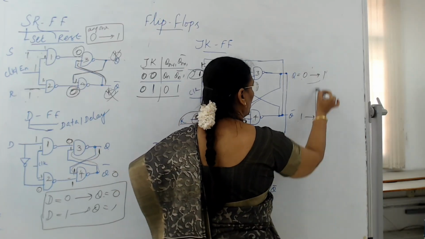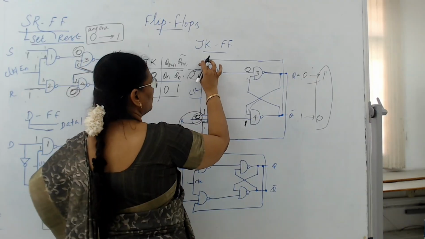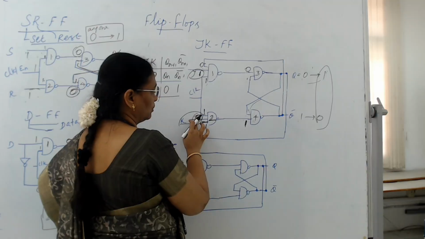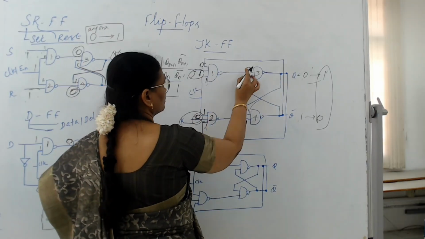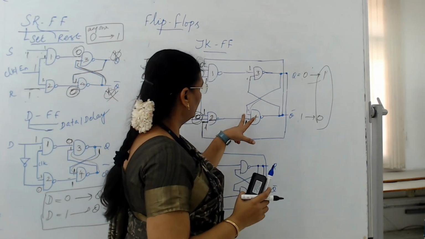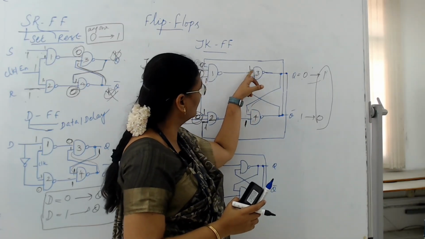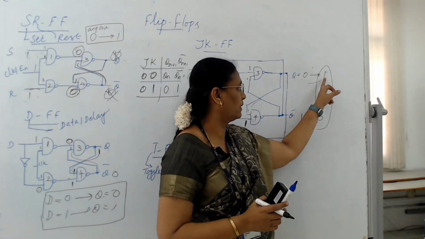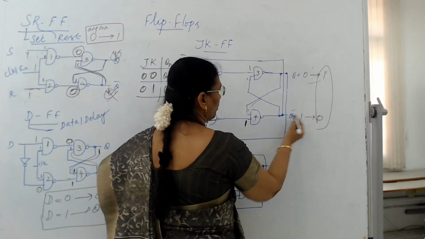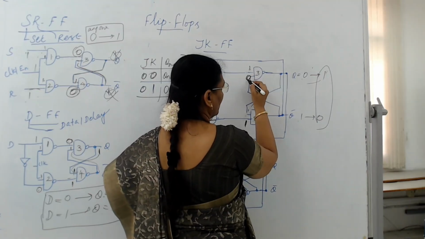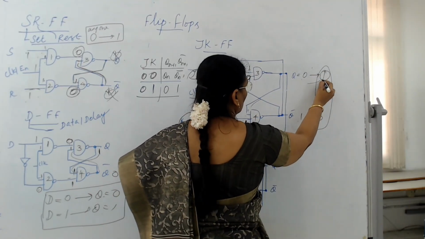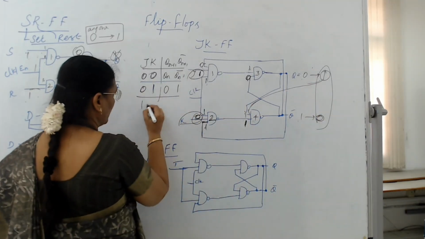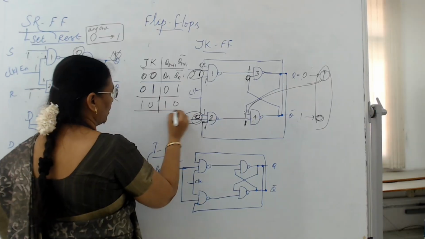Suppose you are assuming this 1 and 0, here if it is 1, 0, it will become 0, it will become 1. Since K is equal to 0, here the output is 1. Here it is 0, so the output is 1 here. If the inputs for the third NAND gate are 1 here, here also 1 here, so it is dependent on the previous value. We have assumed the previous value as 1 and 0 here. If this is 0, so this 0 will be given. Because of this 1, 0 input, it will become 1. So this 1 will be given here. 1, 1, the output will become 0. So it is maintained. If it is 1, 0, the output will be maintained as 1, 0.